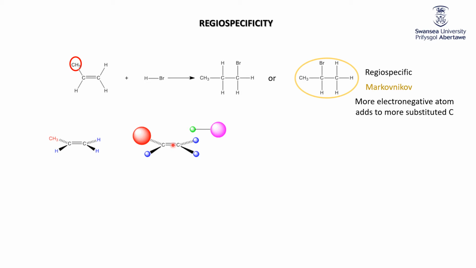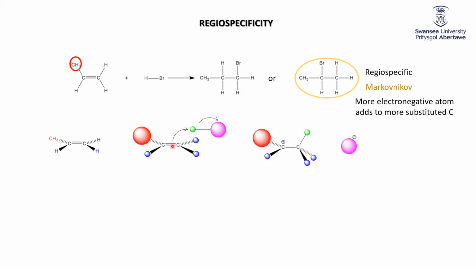Now, if we're going to break this carbon-carbon bond, and we're going to take 2 of those electrons and make a bond to the hydrogen, which of these carbon atoms will the hydrogen go to? Well, it's going to go to the less substituted one, because that's the one it sees first, right? That's the one that it can get to most easily. The way we depict this is we use what organic chemists call curly arrows. So here the 2 electrons from this bond here are going to go towards the hydrogen, and then the hydrogen is going to say to the bromine, you take your electrons and stick it, and so you end up with